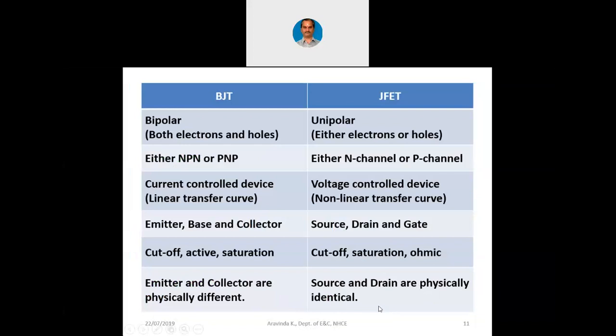What you can do is when you come back, you can contact me, I will give you one BJT and one JFET. And you conduct an experiment as a switching circuit for BJT and also for JFET. Then you physically interchange collector and emitter, find out what happens with the switching circuit, and you physically interchange source and drain in case of JFET and find out what is happening to the switching circuit. I will be able to physically demonstrate this when you come back to the college and start attending the lab classes. But until then, you will have to remember whatever I have told you. Only if you remember whatever I told you, then when you come back, you will ask me.